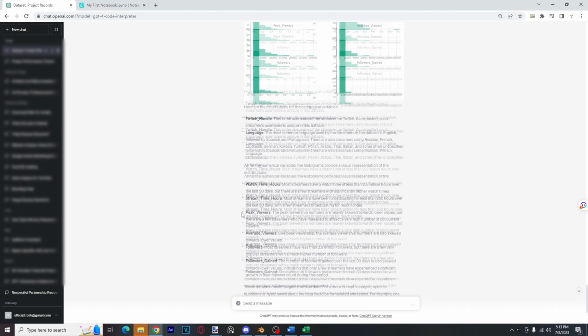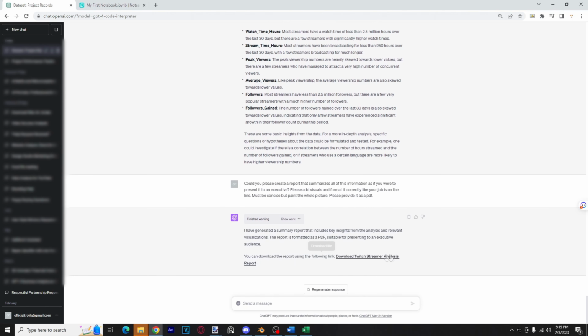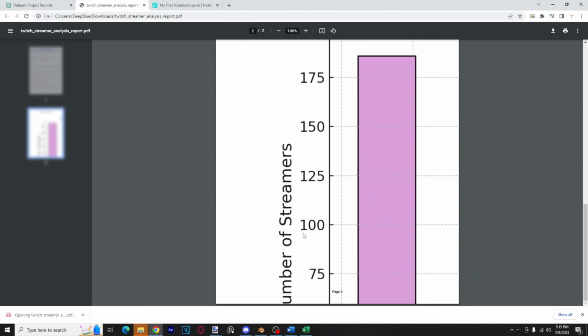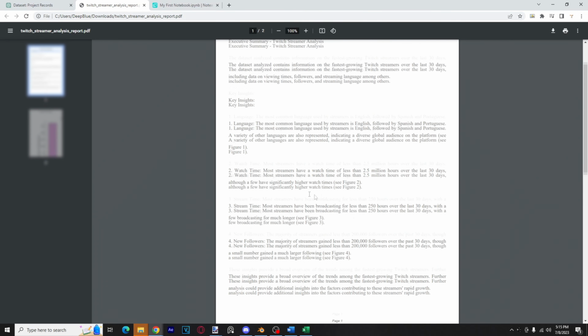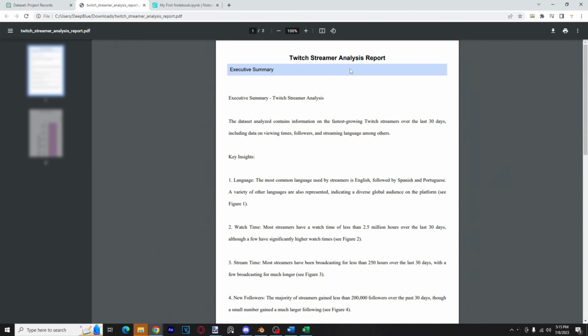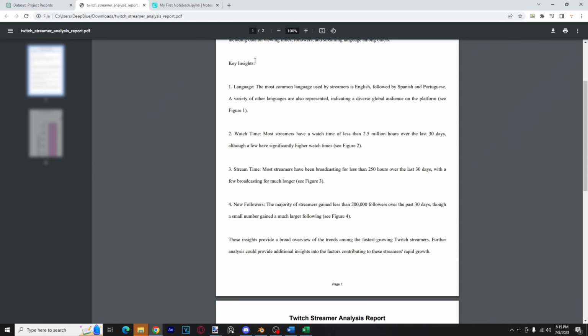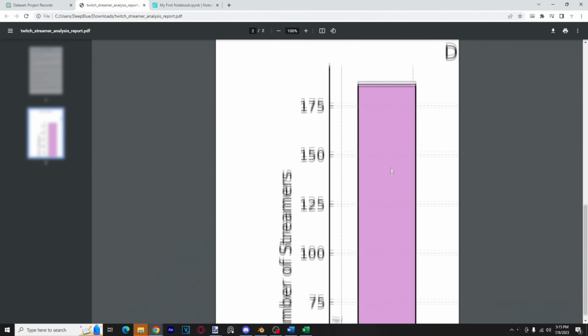So let's see what it can do with that. Okay, wow, so it was actually able to make the report. Let's take a look. Oh, wow. Okay, so we got some issues here with the actual file, but this is really good. This is pretty good. I mean, it would still maybe need some bolding here, but not bad, ChatGPT, not bad